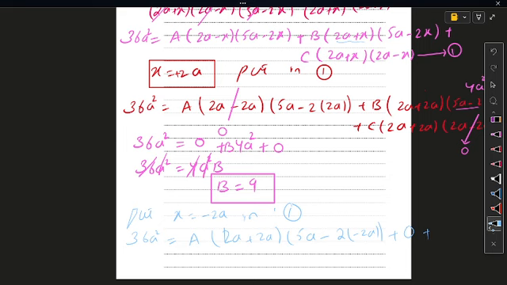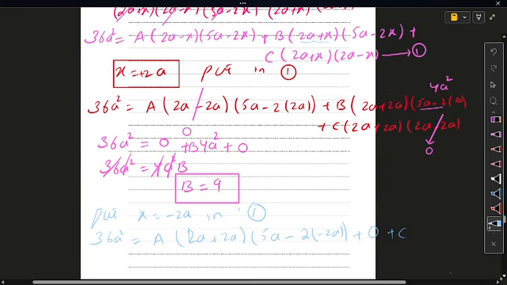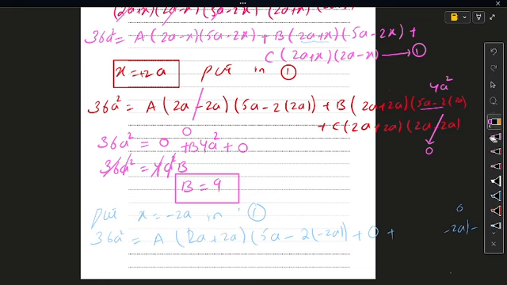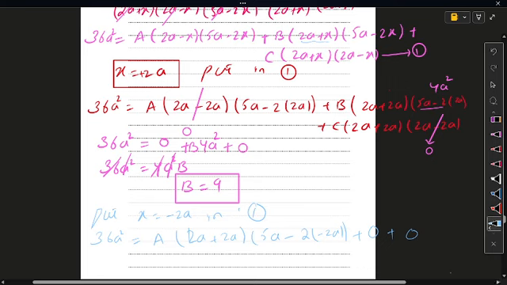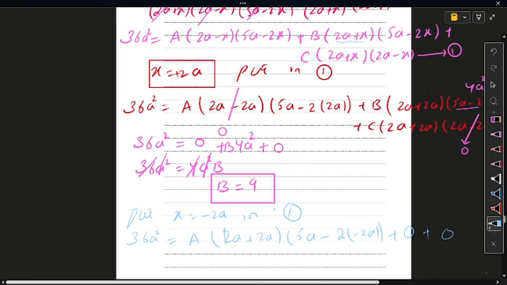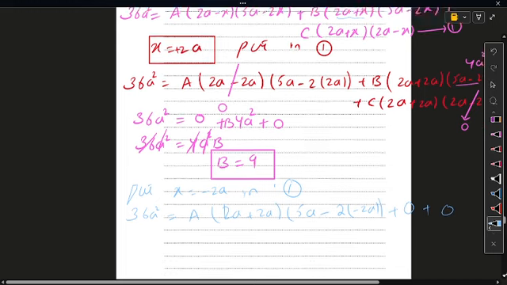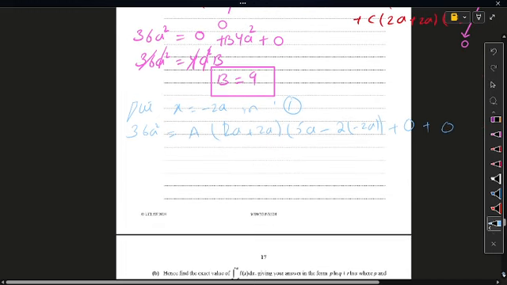Plus c times 2a minus x. Once I put x is equals to minus 2a, what happens to it? That becomes c times of 2a minus 2a times by anything will also become 0. So obviously that factor will also die, and I am writing at this place as 0. So the value for c is 0 and value for b is 0, in order to find the value of a in that factor. So as a whole I am able to write